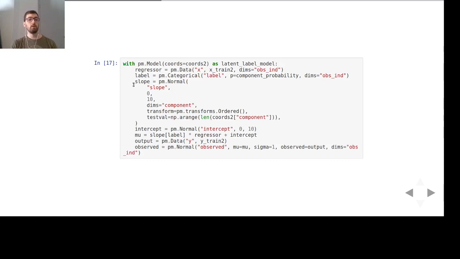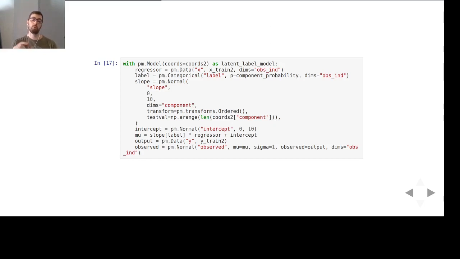And then this long line here that seems strange is the definition of the slope. So basically we're saying the slope comes from a normal distribution with 0 mean, 10 standard deviation, has the dimension that follows the component name that has 2 elements, and then we add in some transformation and also a test value